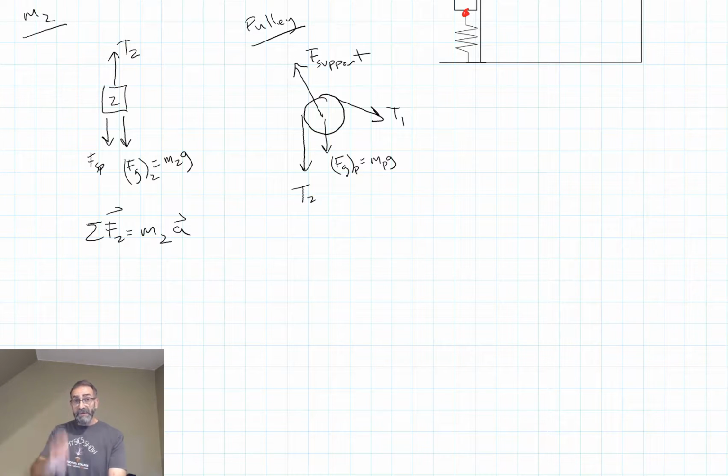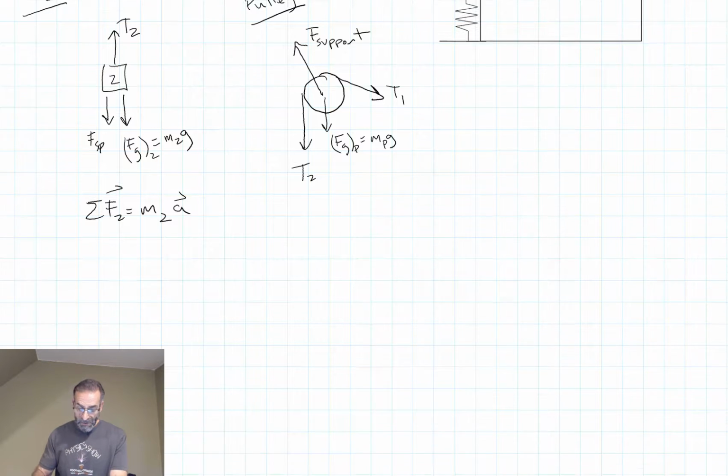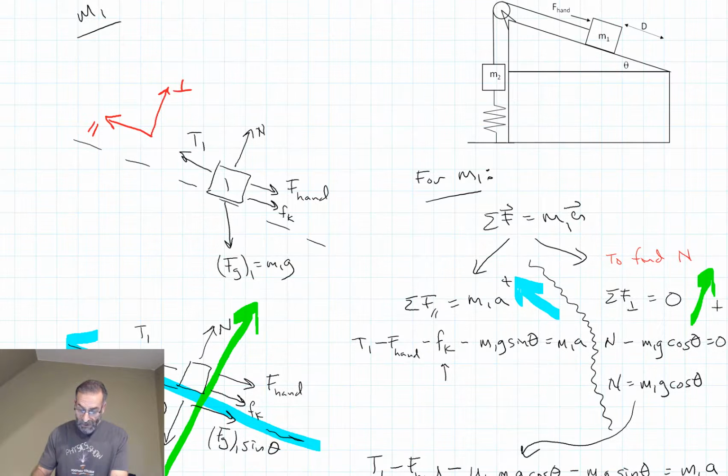And m2 is only moving in one direction. I don't need to split this up. This is all the parallel direction. There is no perpendicular direction. m2 is only moving in this direction. And I am going to pick, you could pick any direction you want to be positive for this, but it's very beneficial to get all your accelerations to be the same. And in order for your accelerations to be the same, you have to be careful the way you pick your positive directions. So for m1, we said up was our positive direction,